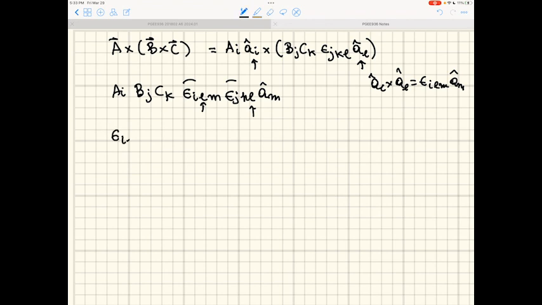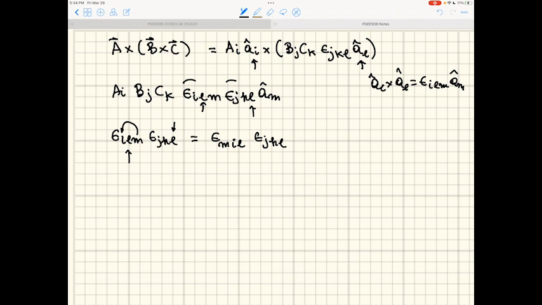Epsilon ILM times epsilon JKL. Let's make a cyclic permutation on this index here without changing the sign. So L is going to be the final index. It's going to be epsilon of M I L times epsilon